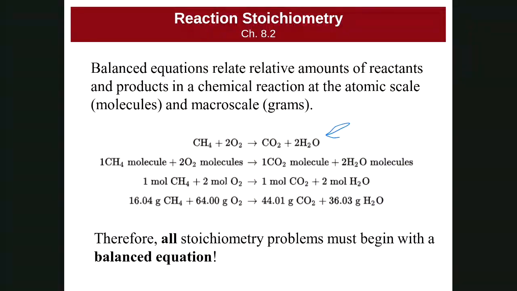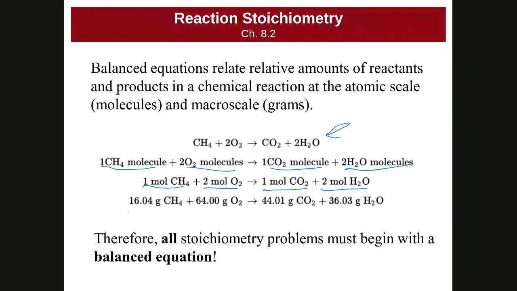on the atomic scale, we have one methane molecule reacting with two oxygen molecules to produce one carbon dioxide molecule and two water molecules. If we multiply those by Avogadro's number, we end up with 1 mole of methane molecules reacting with 2 moles of oxygen molecules to produce 1 mole of carbon dioxide molecules and 2 moles of water molecules. And then, if we multiply each of those compounds by their molar mass, we find out that